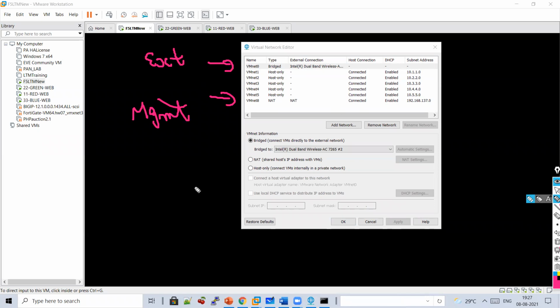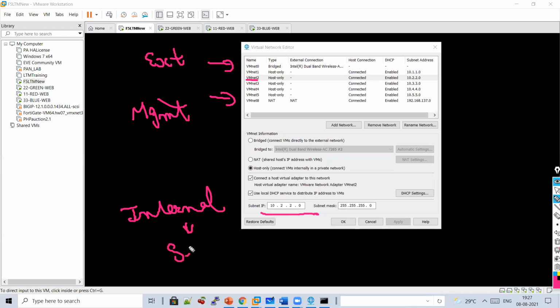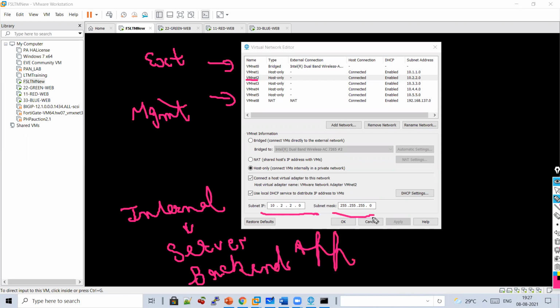So the internal network which I'm using is VMnet 2. So all my internal servers, I will be using this network. This is my internal subnet, which means my servers, actual servers, backend servers, or you can say application servers, all will be assigned from this network.